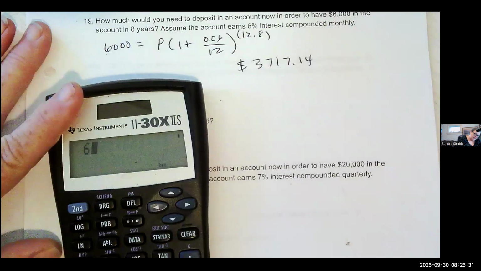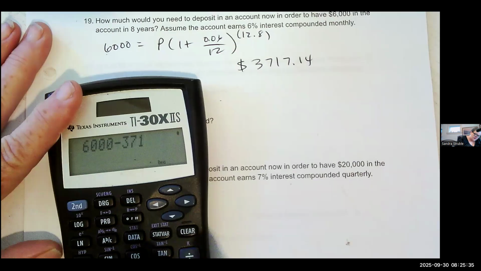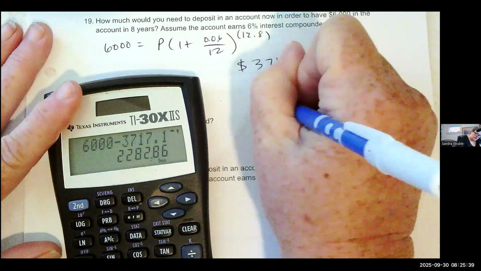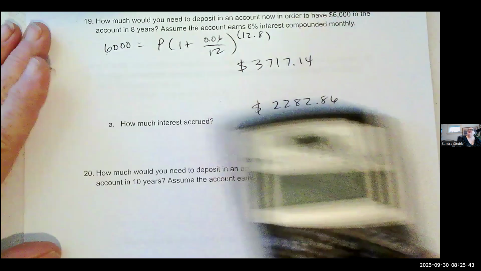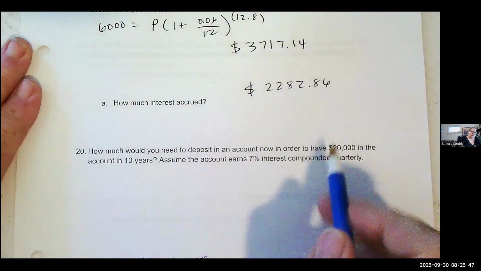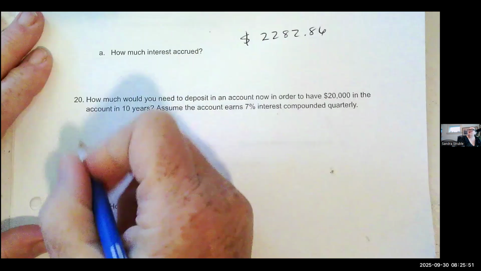And then 6,000 minus 3,717.14. And you need $2,282.86 accrued in interest. How much do you deposit? Same question. So pause the video and attempt this next one yourself, and then come back and see what your answers were. So 20,000